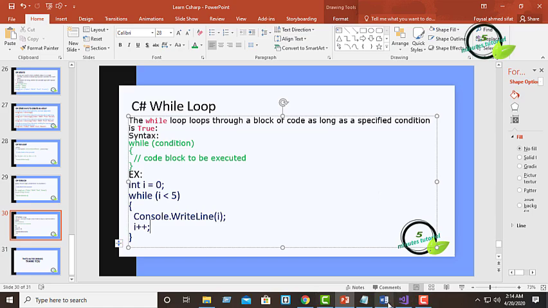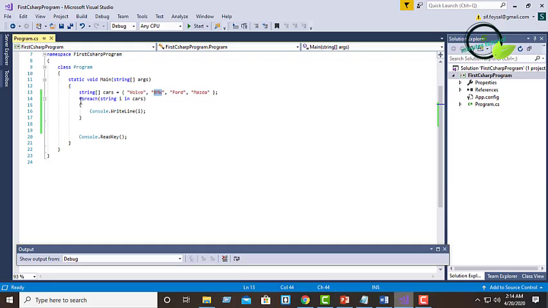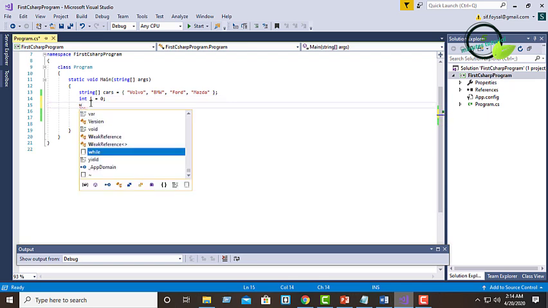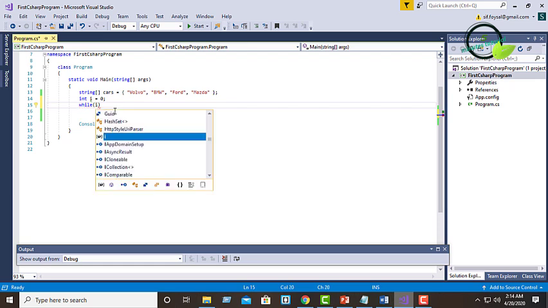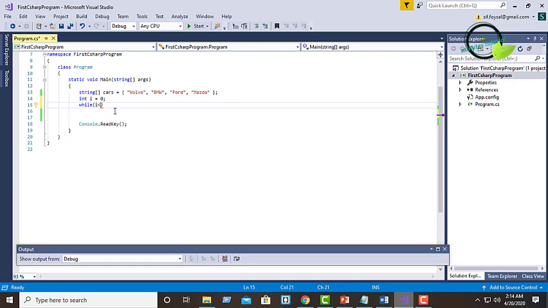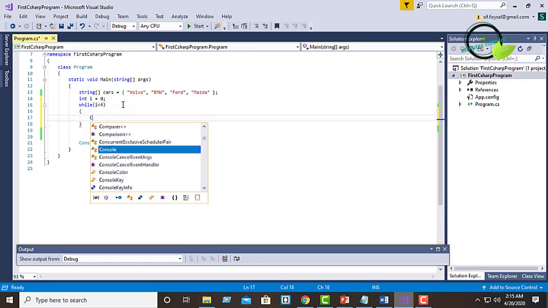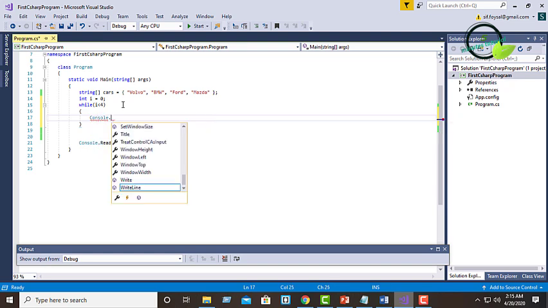So now we will see an example. Here I am initializing an integer i to 0, then I am writing a while condition. We have 4 values, so I will add the condition: if i is less than 4, then it will print with Console.WriteLine.